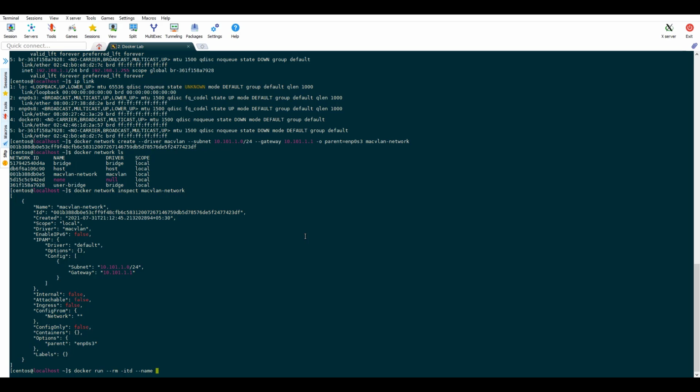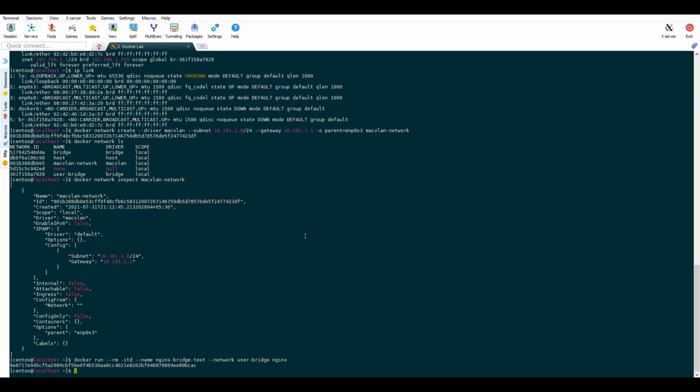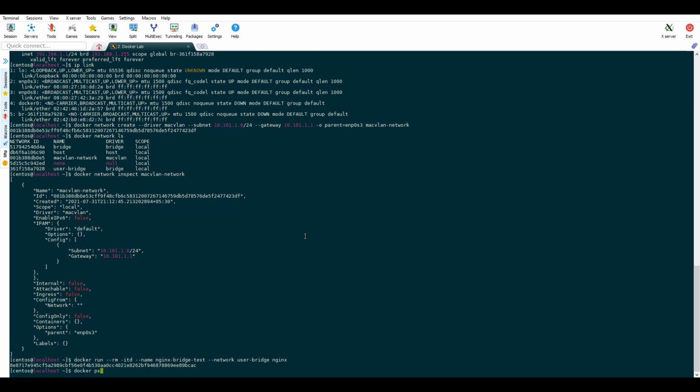Now first we use the user bridge network and create a container. We are using --rm option so that when we stop the container it gets removed. Now we see that our container is up and running.